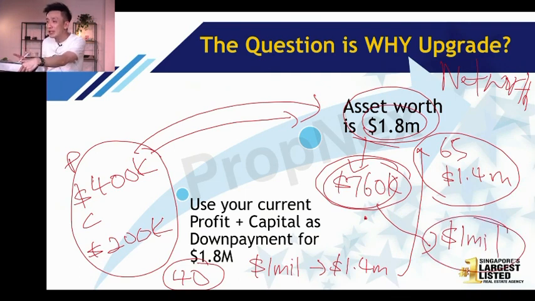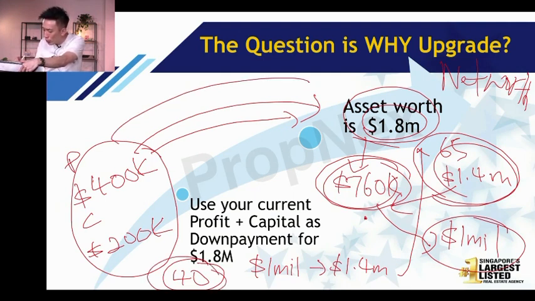But a lot of people didn't do it, right? What will happen next? If they have 1.4, they minus, they only have 700,000. Is it good enough? To be honest, even when you tell me 40 years old, 25 years down the road, to have $1.8 million, is it enough? I also tell you it's not enough because of inflation. That's the reason why you need to understand why people choose to upgrade.